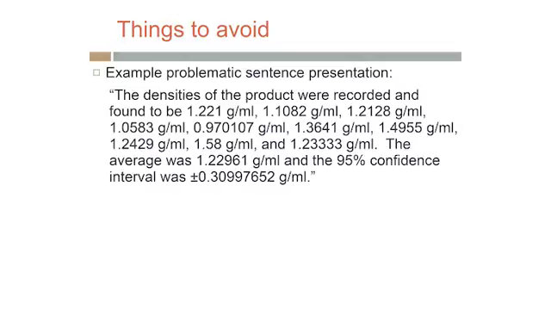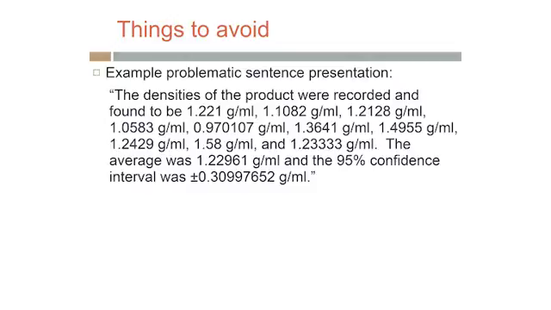The densities of the products were recorded and found to be 1.221 grams per milliliter, 1.1082 grams per milliliter, 1.2128 grams per milliliter, 1.0583 grams per milliliter, 0.970107 grams per milliliter, 1.3641 grams per milliliter, 1.4955 grams per milliliter, 1.2429 grams per milliliter, 1.58 grams per milliliter, and 1.2333 grams per milliliter. The average was 1.22961 grams per milliliter, and the 95% confidence interval was plus or minus